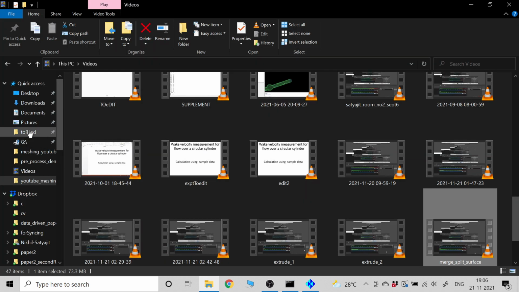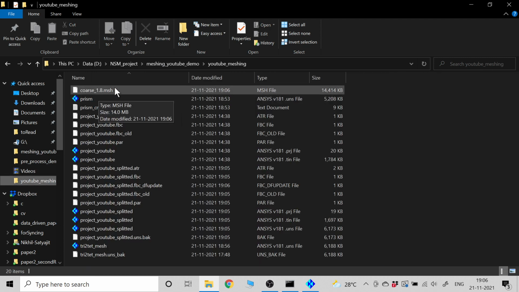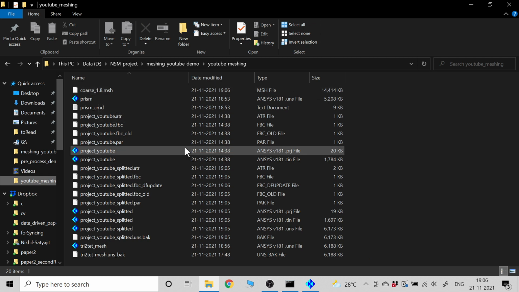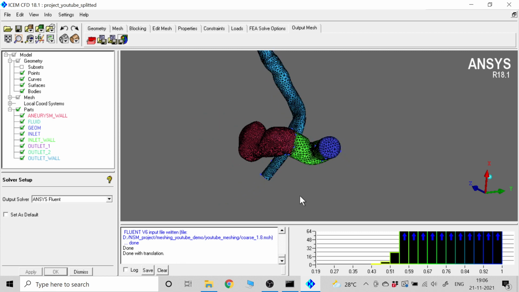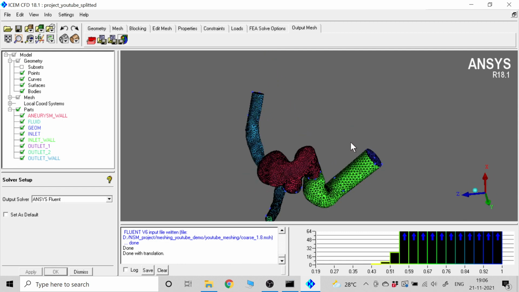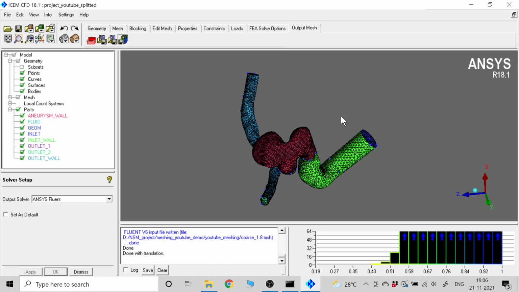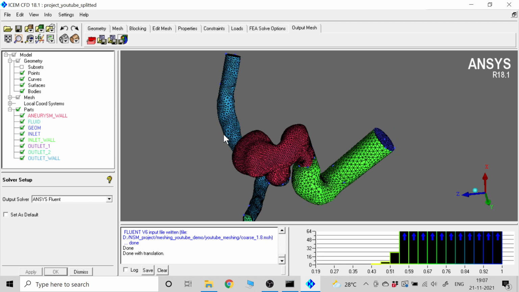We can check it. This is the mesh, which is 14 MB in size. Now it's not always sufficient to have only a single mesh, because we have to run the grid independence test, and therefore it is always a good idea to create 3-4 meshes with different mesh density. In ICM CFD it's very easy to create a mesh which is finer than this